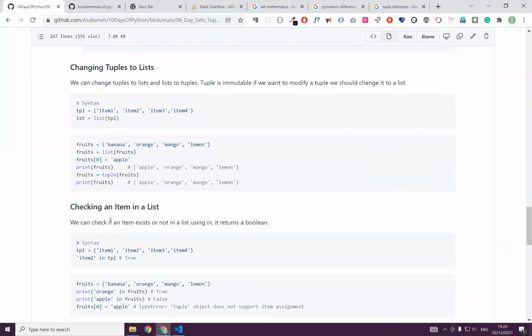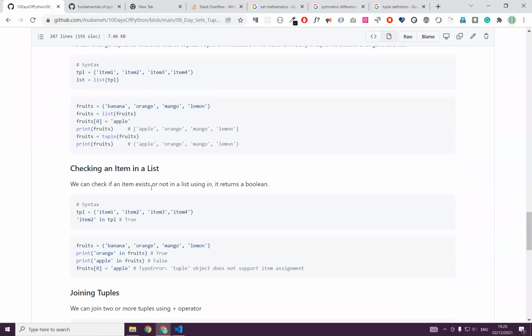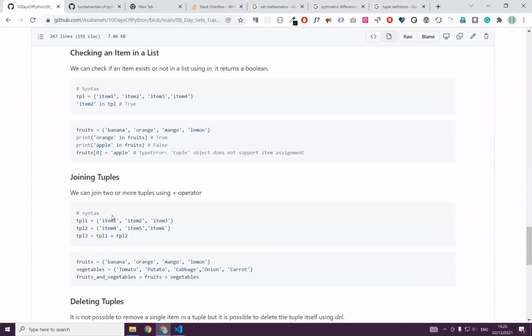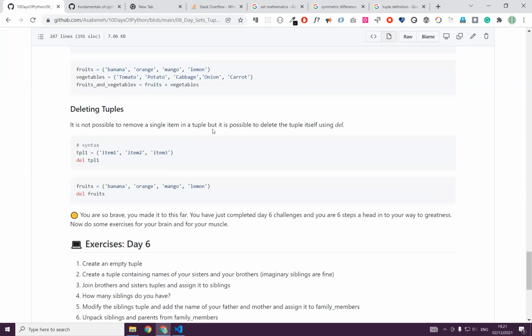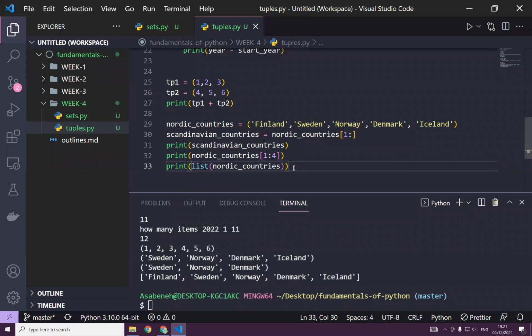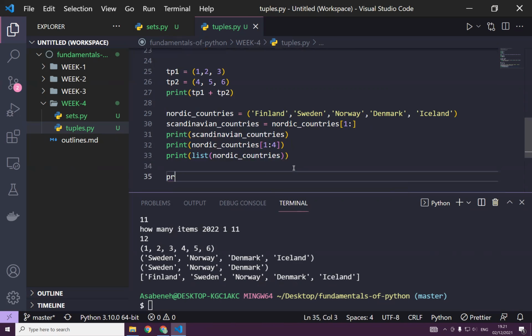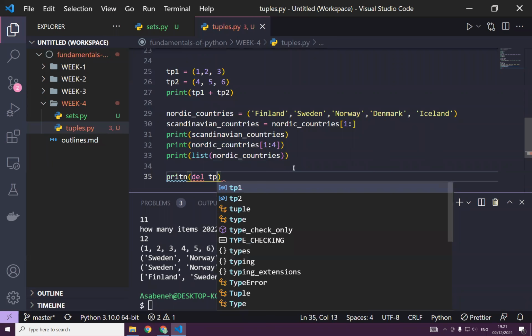Okay, great. Checking an item in a list, of course, I mean, in a tuple, it has to be corrected. I think I do have a typo here. Joining two tuples, we have seen that. We use just the plus operator, and yeah. Then actually we can delete, not the item, but we can completely delete the tuple. That's possible. And if you say print and delete one of the tuples, for instance, tuple 1,